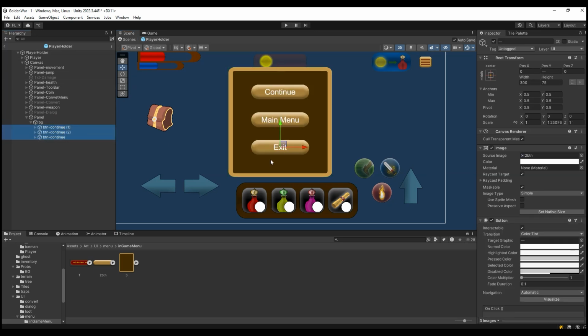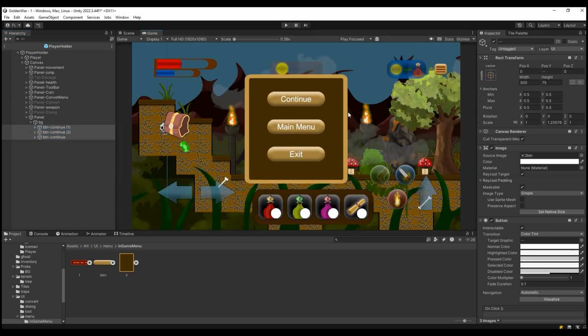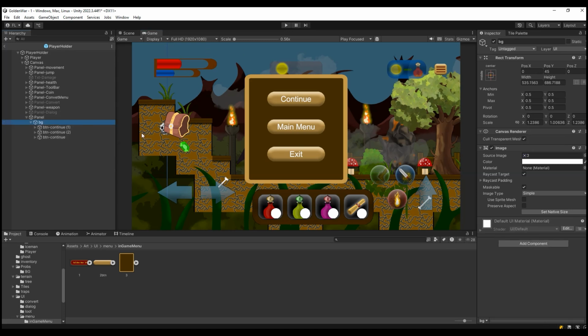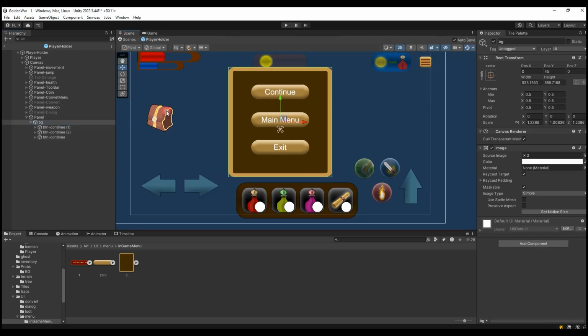You can even pause the game. To pause the game, you should make the time scale 0. But here we have this. When you press continue, it just closes this, and you continue the game. The main menu and these are just self-explanatory. So now let's go and make the code,